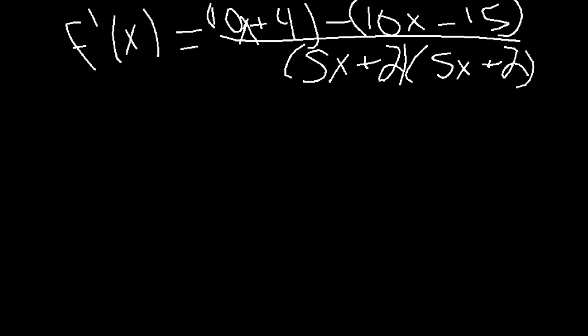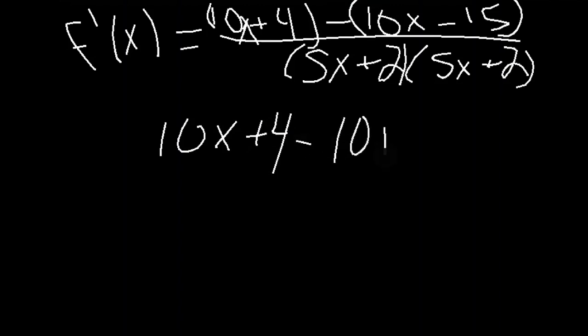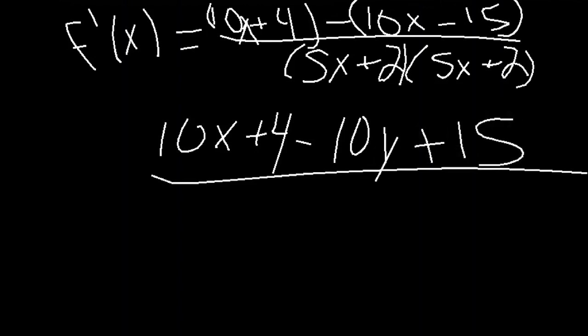So in this case, we're going to distribute this. So we have 10x plus 4. Distribute the negative into the 10x, which is negative 10x. Distribute the negative into negative 15, and negative 15 times negative 1 is just going to be plus 15, right? And we can distribute this too, which is going to be 25x plus 10x, or